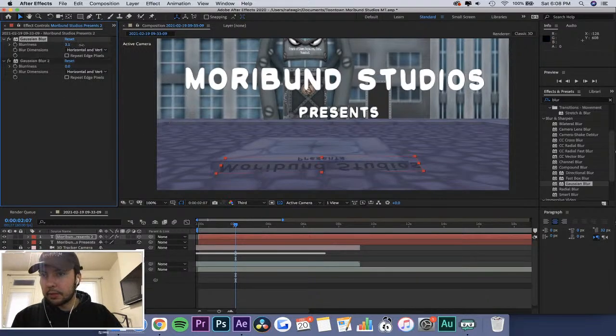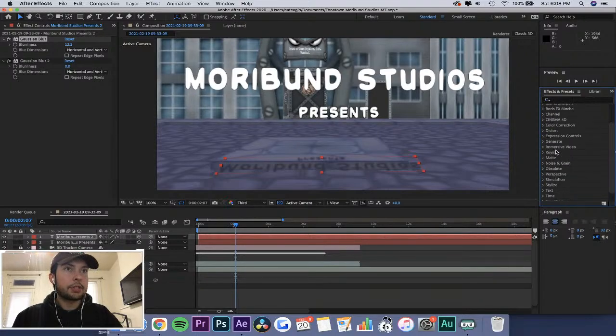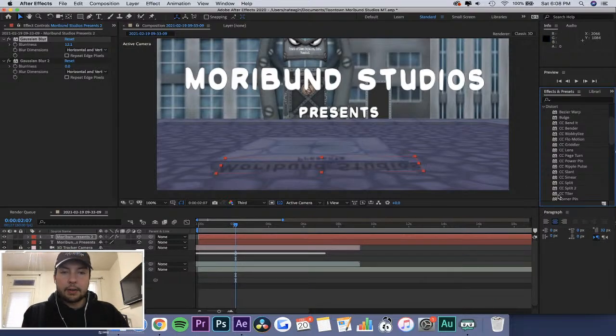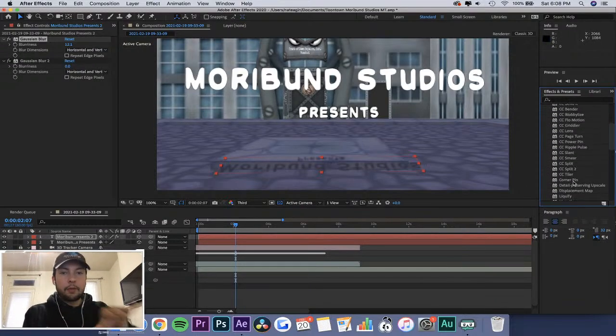To make it a little more believable, I'm going to add some blur to it, like that. Then we also need to add a distortion effect to make it look believable with this ledge right here, because right now it's just going flat over when it should be bending a little bit.